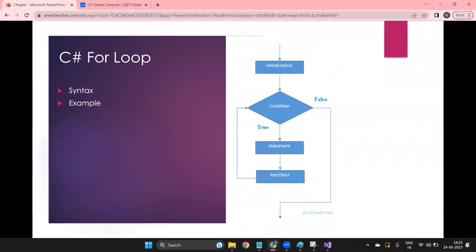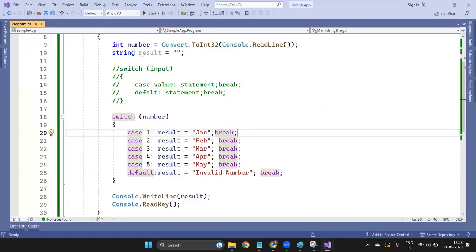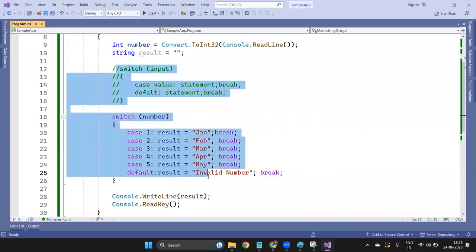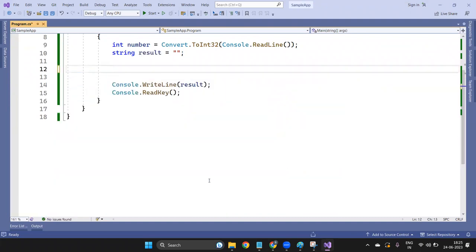So, what is a for loop? A for loop helps you print or execute the same statement multiple times. Let me show you the syntax. Let's say I want to print the numbers 1 to 10. In that case, the syntax of the for loop is: for,